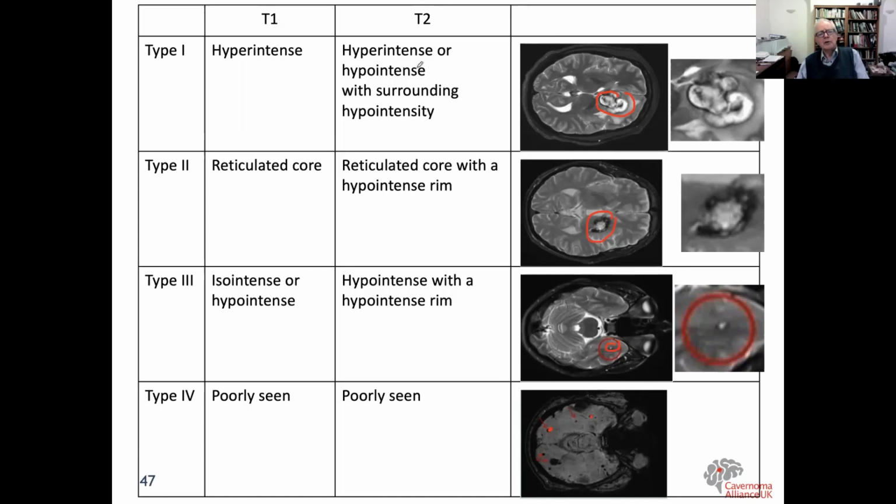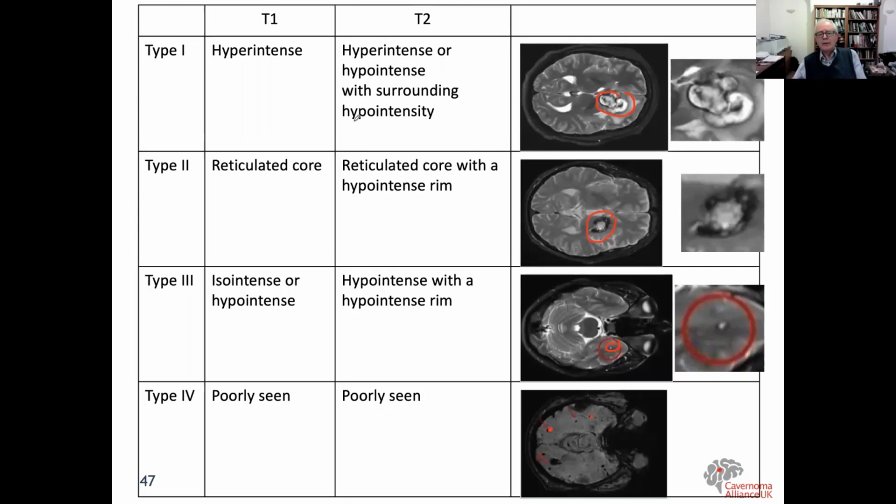Now, I don't know whether these were T1 or T2. The point I want to make with this slide, and this comes out of a paper by somebody called Kelly Fleming, which is on the Cavernoma Alliance website, is that if you have a cavernoma and an image of your cavernoma, it won't have the same properties as somebody next to you with a cavernoma. Different cavernoma have different properties. Some of them have bled recently and show signals that are due to that. Some of them haven't, and they can be of different sizes. There's lots of reasons why different people's cavernoma are different to each other, and they show up on MRI scans